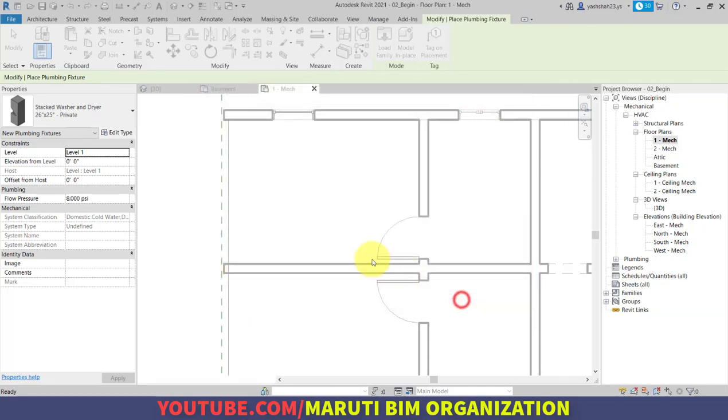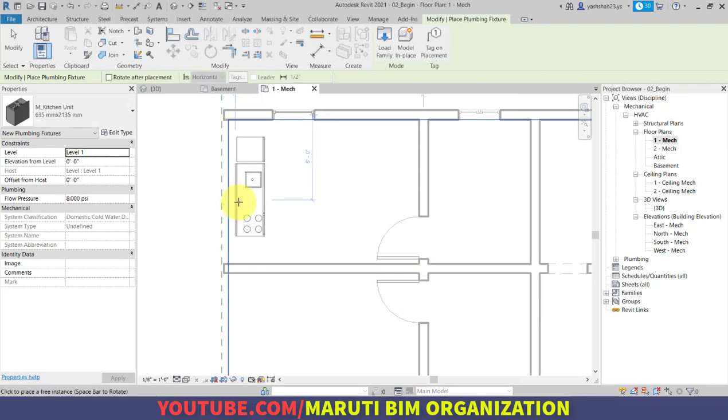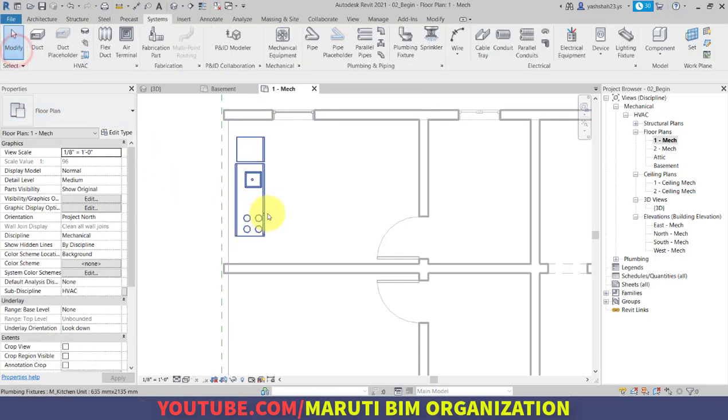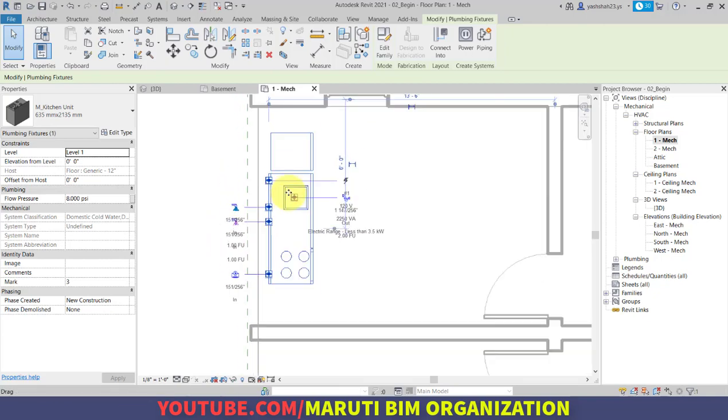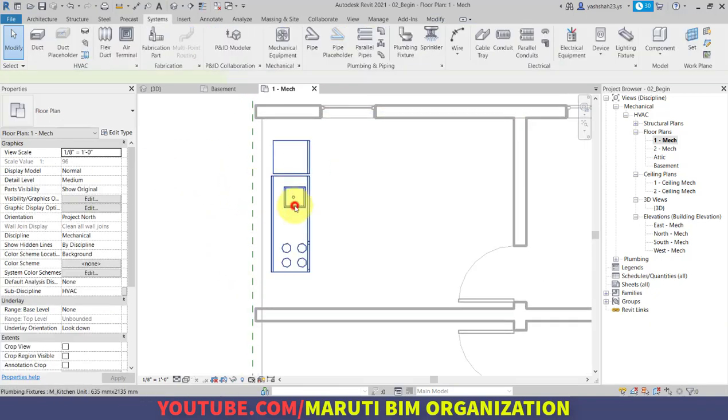In the kitchen unit, as you can see, all types of connections are mentioned here. If I select the kitchen unit, these are all the connections: create pipe, hot water pipe, cold water pipe. All the supplies are ready to connect with the main supply. And the same thing we have to do on the second floor as well.